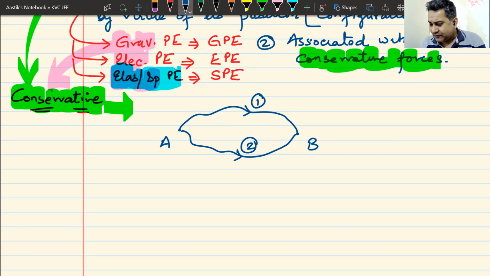Now let us try to understand why we have brought this concept of potential energy. We all are experiencing a conservative force in our daily lives. What is that conservative force that we are experiencing? We are experiencing the gravitational force of Earth, and that is why it is easier to understand potential energy from the concept of gravitational potential energy. It might not be so easy to understand it in terms of electrostatic, because we have not seen electrostatic forces at work. So it is high time that we understand the concept of potential energy using gravitation.